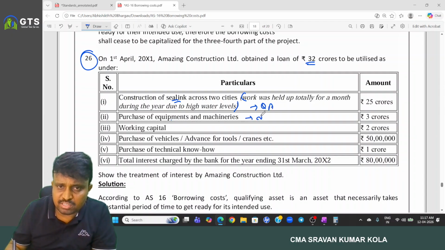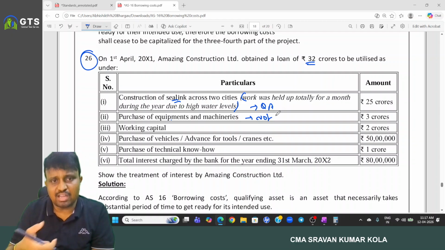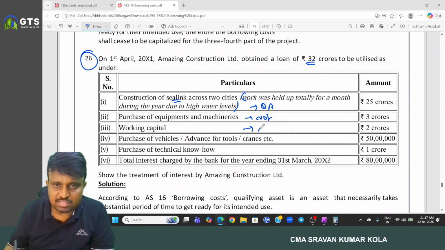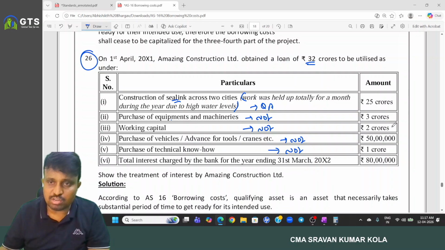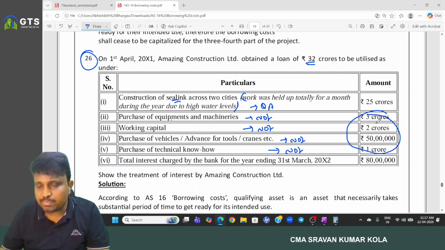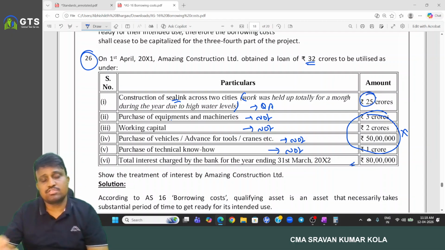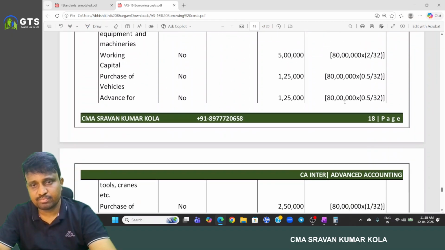Purchase of equipment and machinery is not a qualifying asset because no data is provided relating to a substantial period. I assume that the asset is ready for usage immediately on the date of purchase. Working capital is never a qualifying asset. Purchase of a vehicle is also not a qualifying asset. Technical know-how, if you purchase it directly, you can use it immediately, so it is not a qualifying asset. Out of this, this part is not a qualifying asset. And of the total interest, 25 crore is the only amount capitalized and the remaining is expensed. Okay,